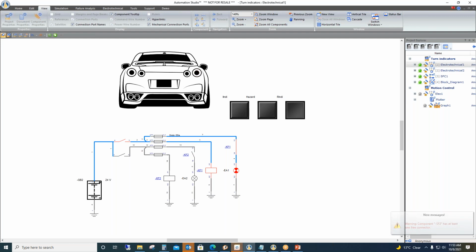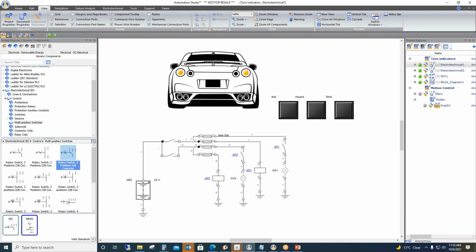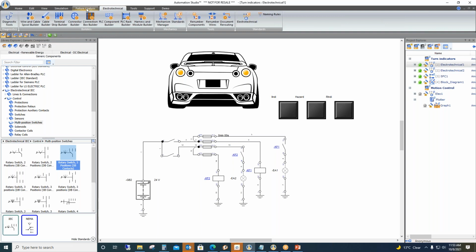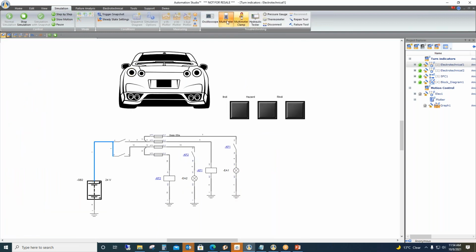Okay, so in this way you can design DC circuits by using the DC electrical library or the generic library. Also for troubleshooting, you can use the different failure analysis. Sorry, in simulation you have these components. You can use these to measure particular voltages and currents.